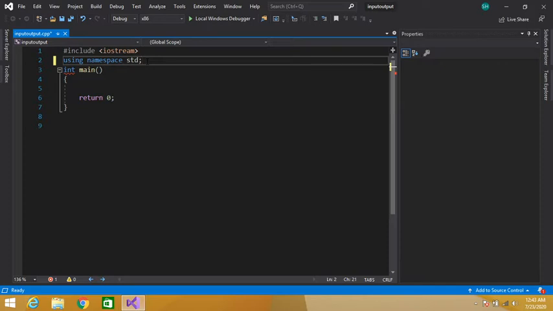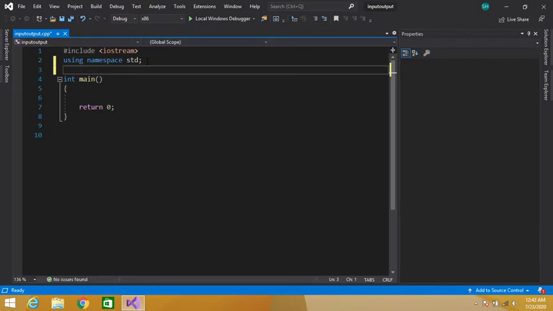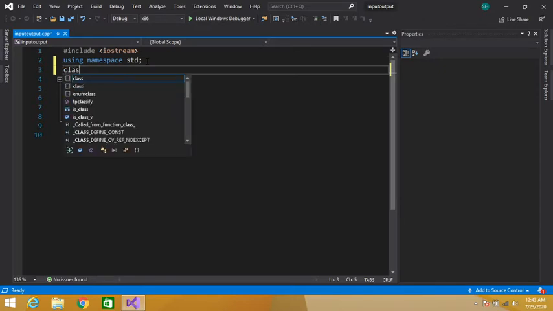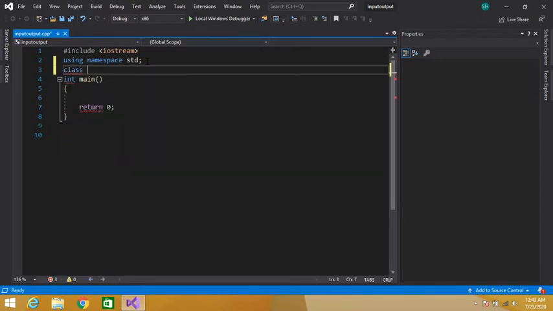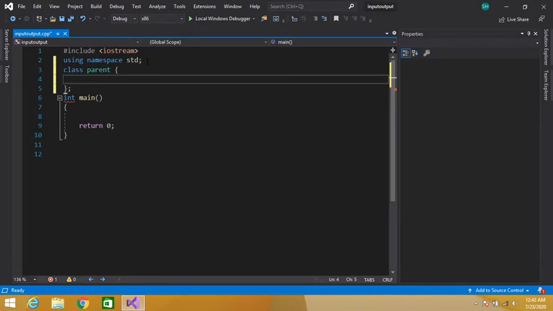Okay guys, let's take an example. Let's define a class, let's say parent. Let's declare three data members here.